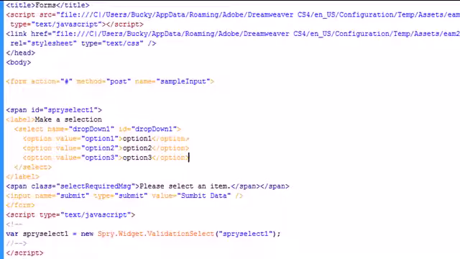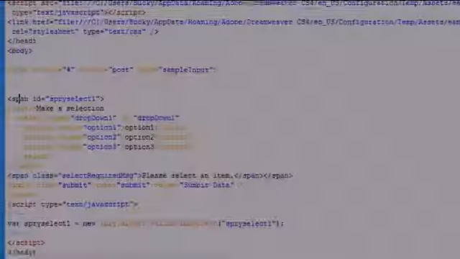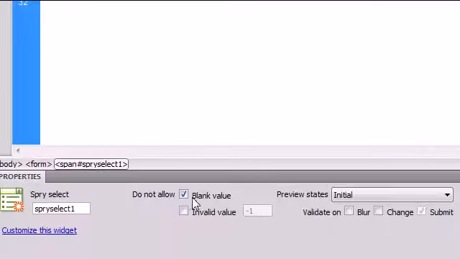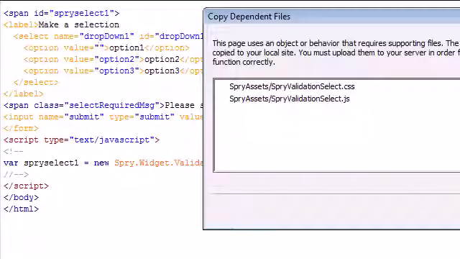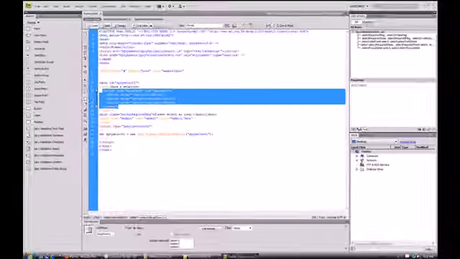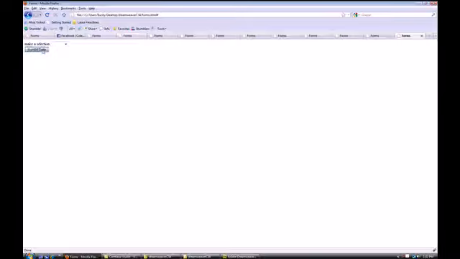And now we're going to need to add some validation to make sure that they're not selecting the wrong thing. So click inside of the span tag here, and it says do not allow blank value. So since we have the blank checkbox checked, what that means is do not allow a value that is blank. So now that we've created a value right here that is null, then on submit it should,